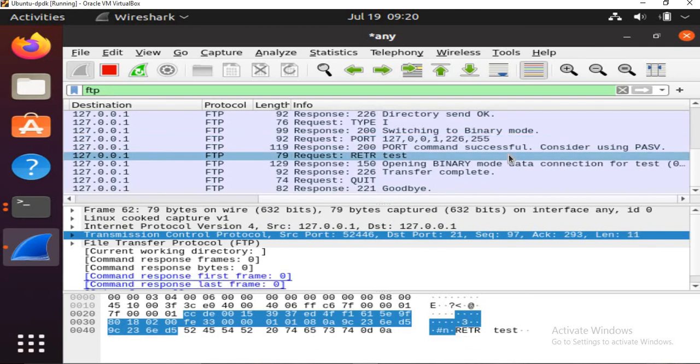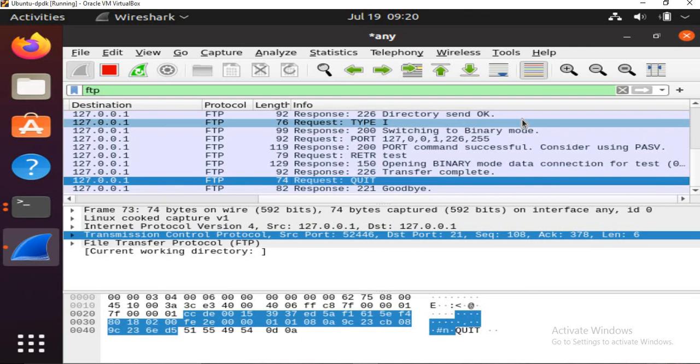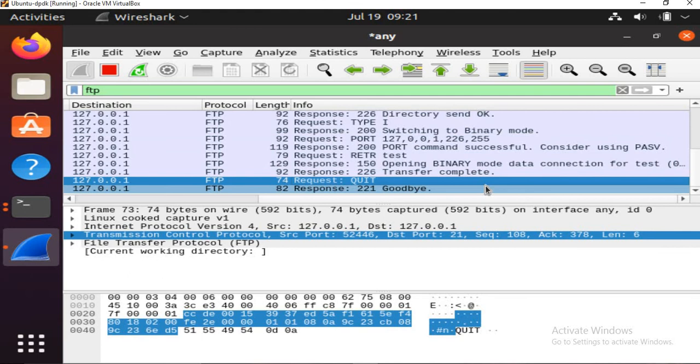If it is get, it is RETR, retrieve. If it is bye, it is quit. If it is ls, then it is LIST. So all these commands are issued in the control connection, but data is transferred in the data connection. So this is how it works.